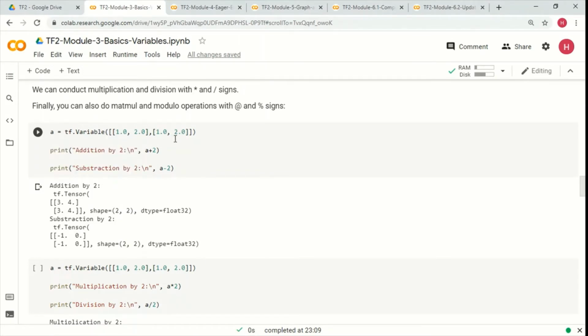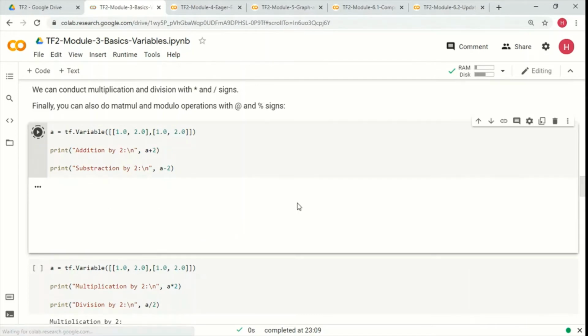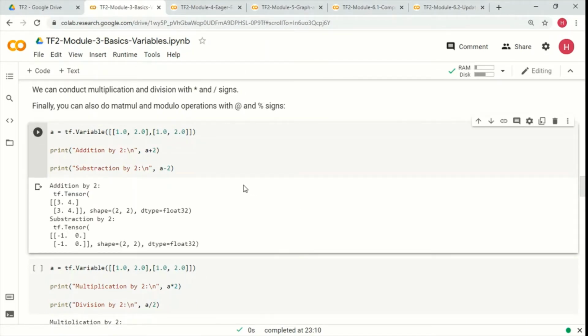We will initialize a variable and do certain operations on it. So we saw that it is overloaded, right? So we are using this plus operator here, minus operator here. So every element is getting added. So 1 plus 2 is 3, 2 plus 2 is 4, and 3 here and 4 here, right?